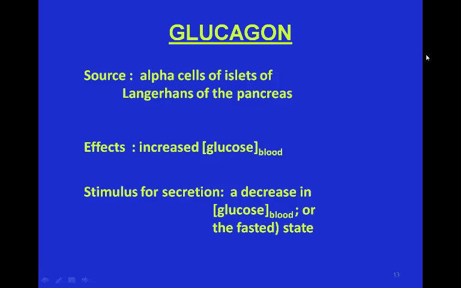What I mean by that is, and I said this a moment ago, let's say that you ate a meal 2 hours ago. Your blood sugar will start to drop and would drop to a dangerous level, except that glucagon will be secreted and it will keep the blood sugar at a constant level to keep you going until it's time to eat again. So glucagon keeps you going between meals. Insulin is going to be important shortly following a meal. The stimulus for secretion of glucagon, then, is a decrease in the glucose concentration. Typically that occurs in the fasted state or through the night.